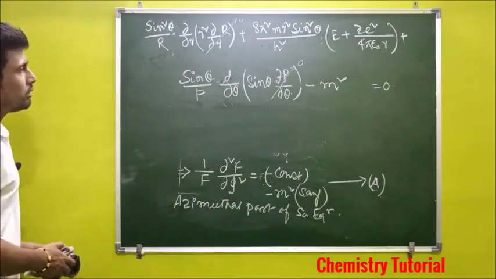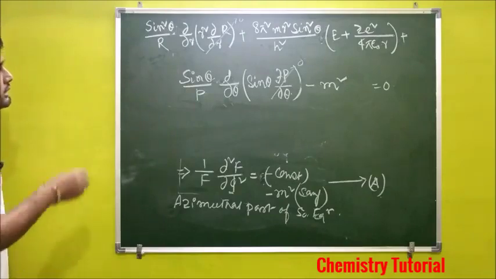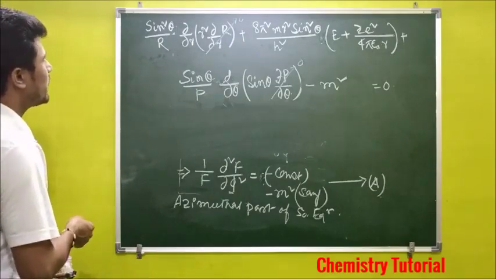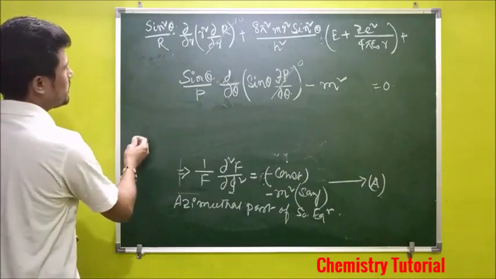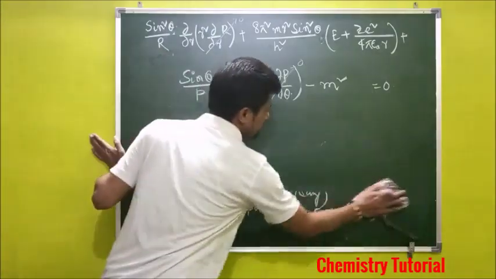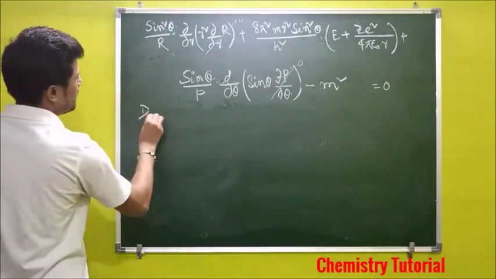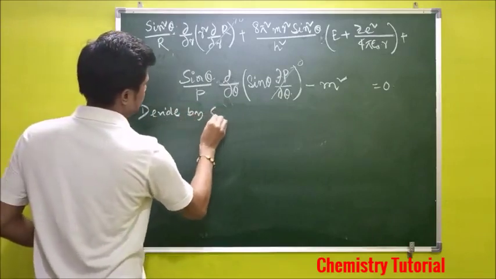Now you divide this equation by sine square theta. If you divide both sides of this equation by sine square theta, then this equation becomes: